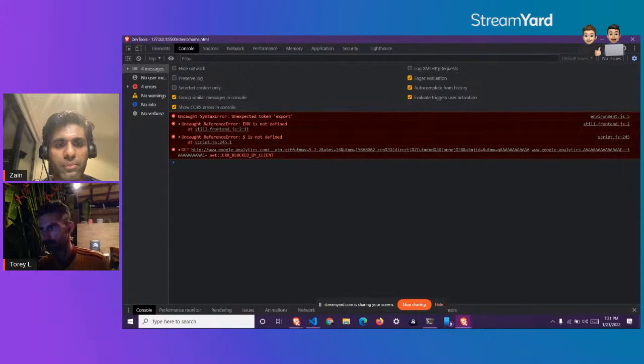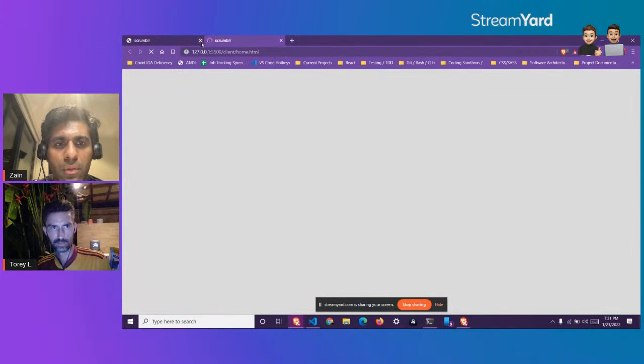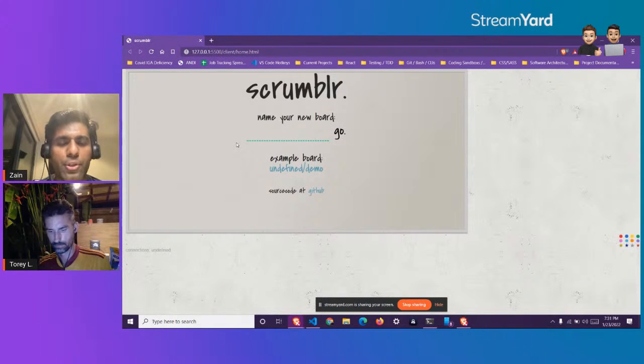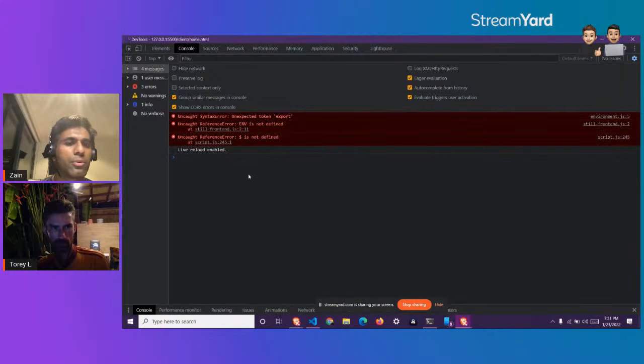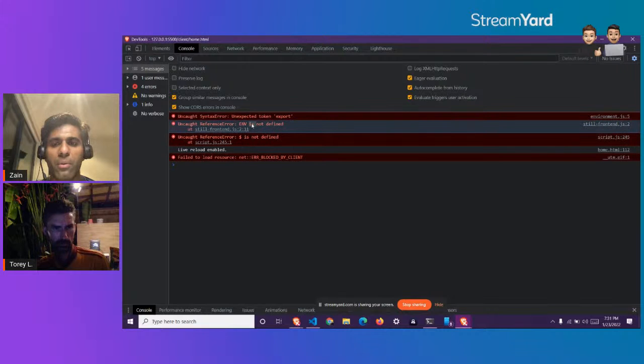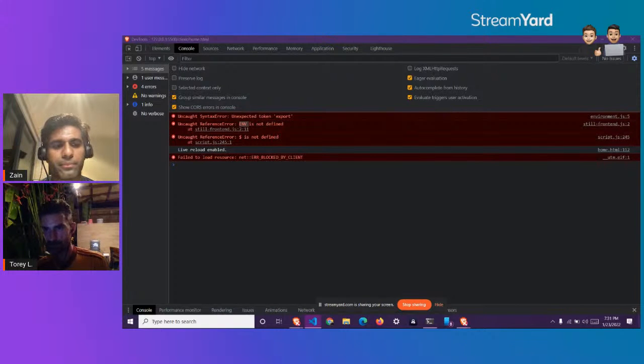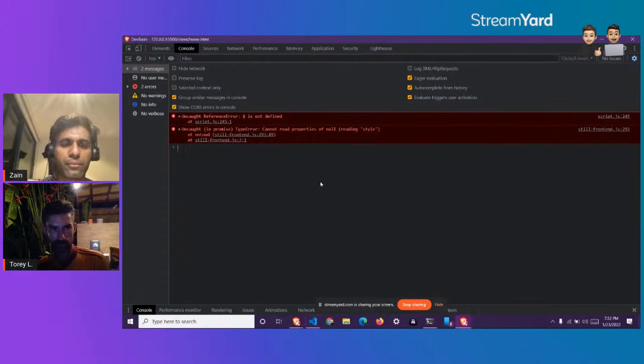Unexpected token export. Open with live server. Come on. Do you want to go to your environment.js file? It found it now. I'm not getting that error that it didn't find it. All right, let me fix this on the side here. I think I know the problem. There we go. That's working.